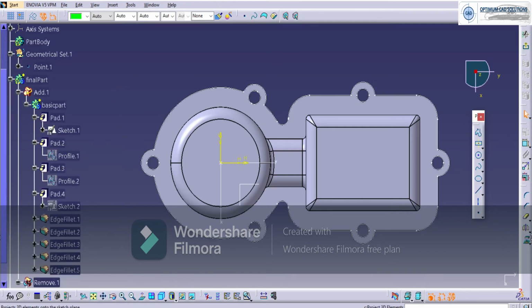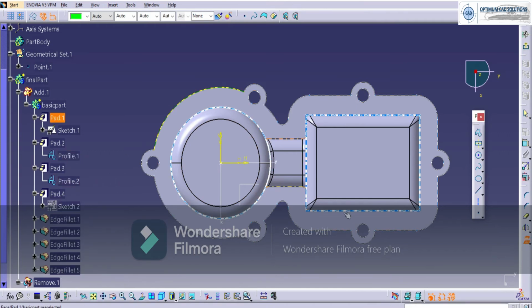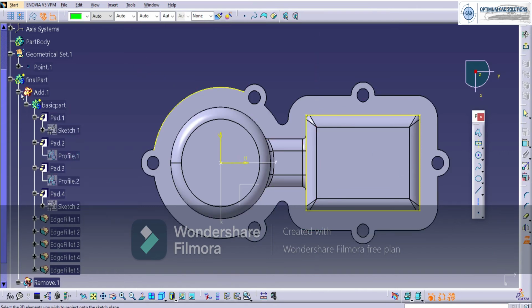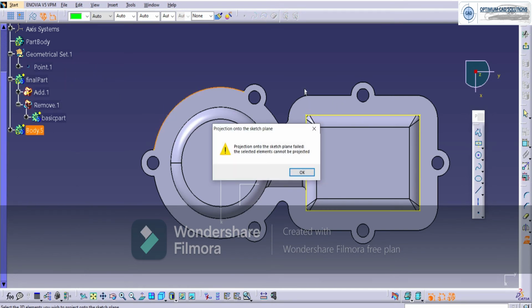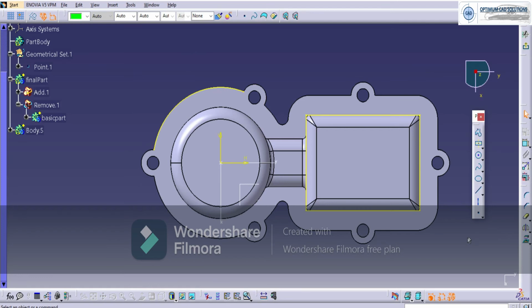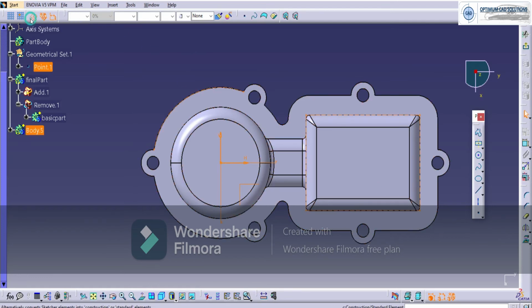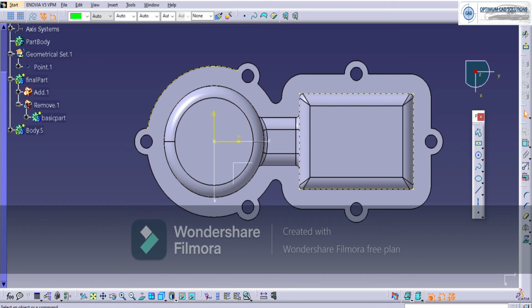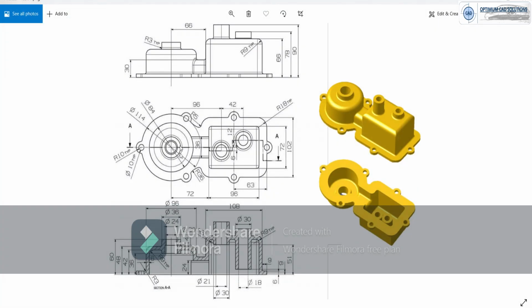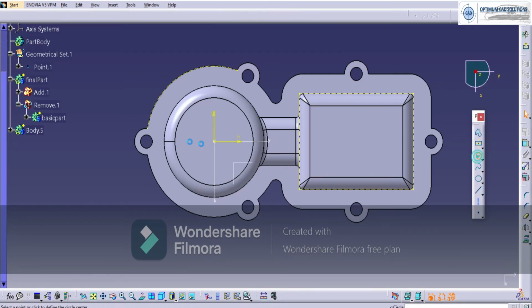We'll take a reference of our basic sketches here. So firstly we'll draw this cylinder which has outer diameter 36 and inner diameter 24.